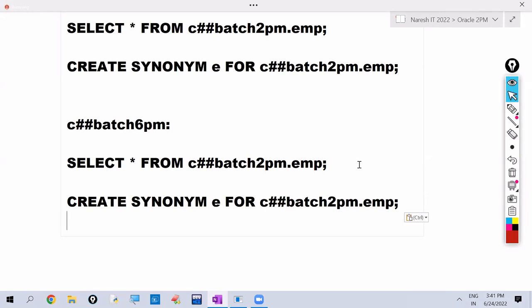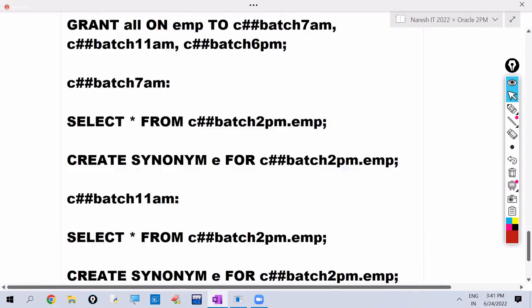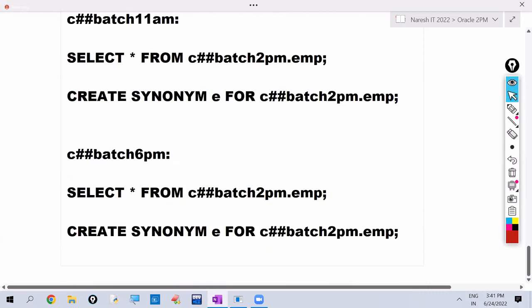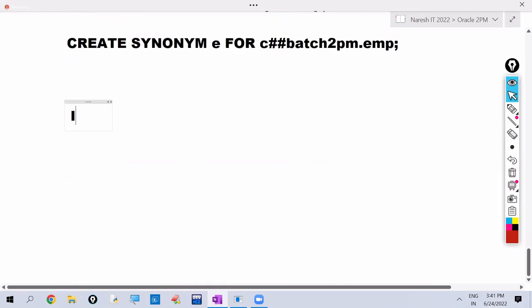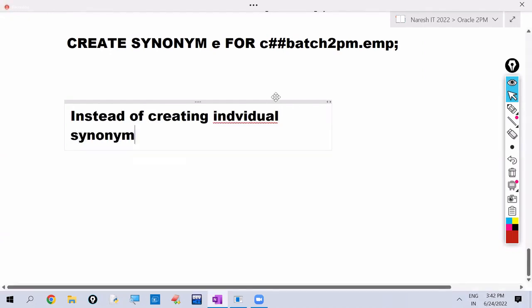So instead of every user creating his own synonym, observe here, it increases the number of synonyms. Instead of creating individual synonyms by the user,